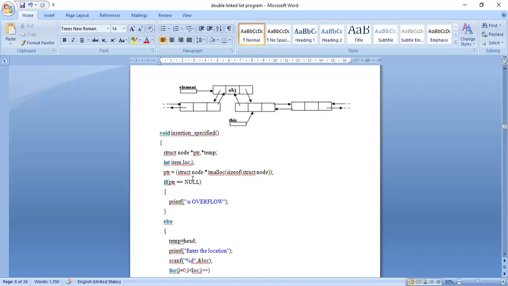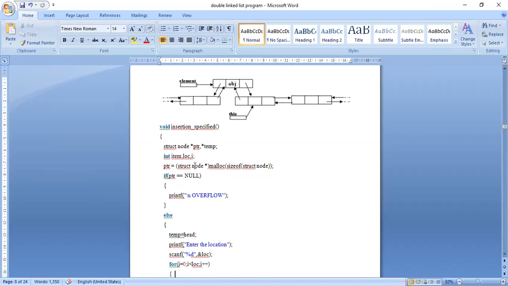But if I want to insert in between two nodes, that is nothing but the LOC part, the location part. At what location? After the third location, or fifth location, or sixth location, or eighth location, something like that.